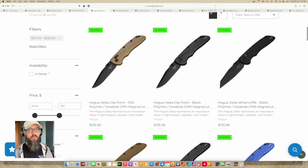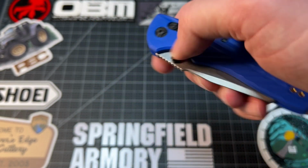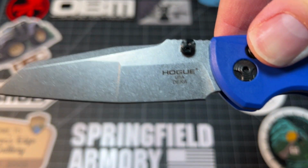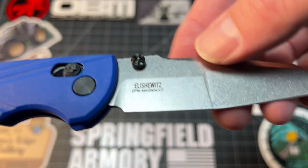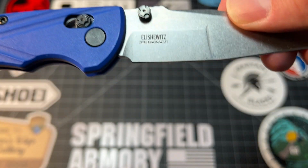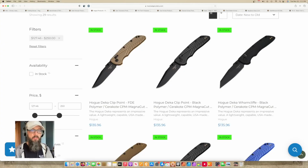All right, let's talk about Hogue knives. These start at the lower end of our price range, around 130 bucks, which is the one that I have, and then they go up well over the 250 price point for some of the special models. But the Hogue Deca at around 130 is the cheapest way currently that I know of to get into a steel called Magna Cut. That is just a steel that does everything well. And I can't stand the scales on this knife. I really don't like the way they feel because they're not grippy, and they feel a little bit cheap. They're worse than the bug out to me, but I love this blade shape, the super slicey blade, the ergonomics